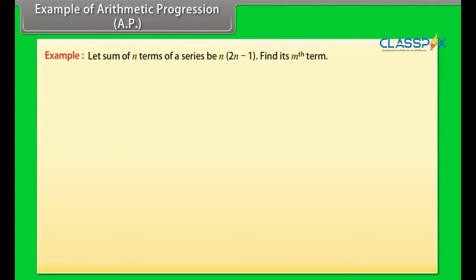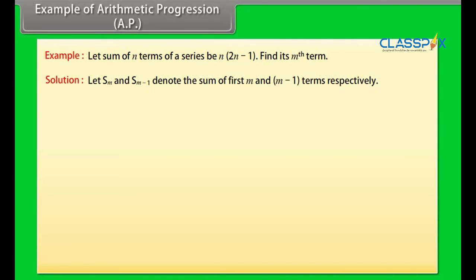Example of arithmetic progression, AP. Example: let the sum of n terms of a series be n into 2n minus 1. Find its mth term. Solution: let Sm and Sm minus 1 denote the sum of first m and m minus